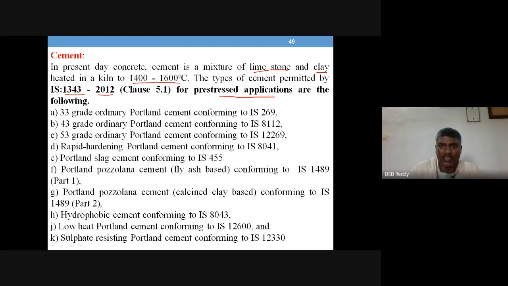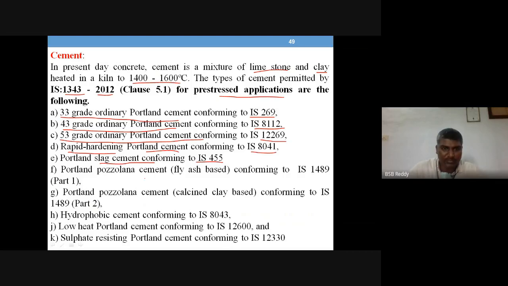use for pre-stressed applications. So these are the following cements available for use in pre-stressed applications, as and when needed and depending on the requirement. 33 grade OPC conforming to IS 269, 43 grade OPC conforming to IS 8112, and 53 grade ordinary Portland cement conforming to IS 12269, and rapid hardening Portland cement conforming to IS 8041, whereas Portland slag cement conforming to IS 455, and pozzolanic